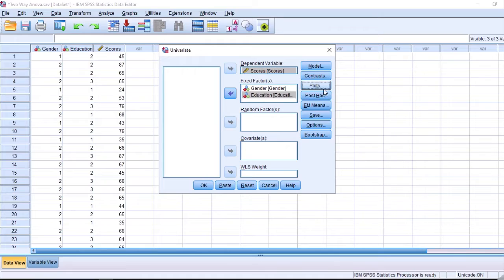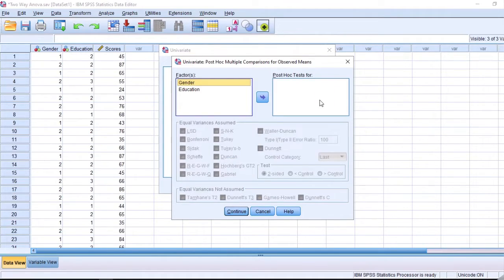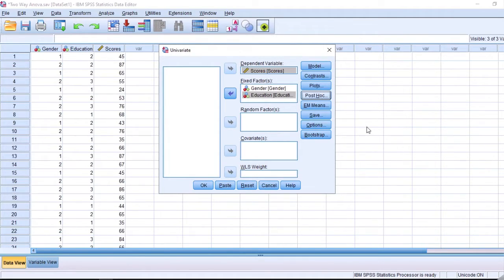So after plots, we move to the post hoc. Here we move education into the post hoc test, and don't forget to check Tukey. After that, we continue. Next is options.